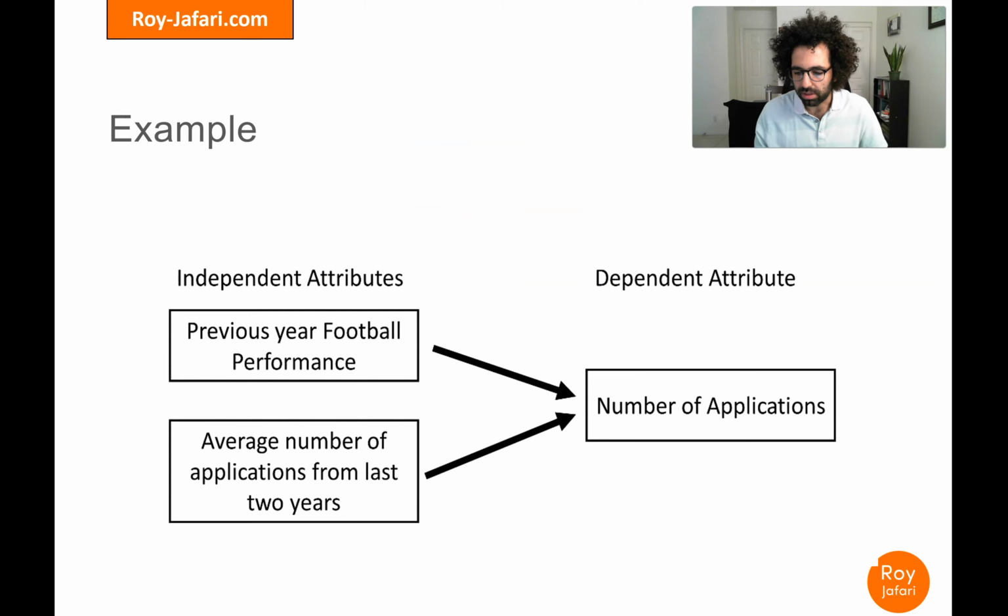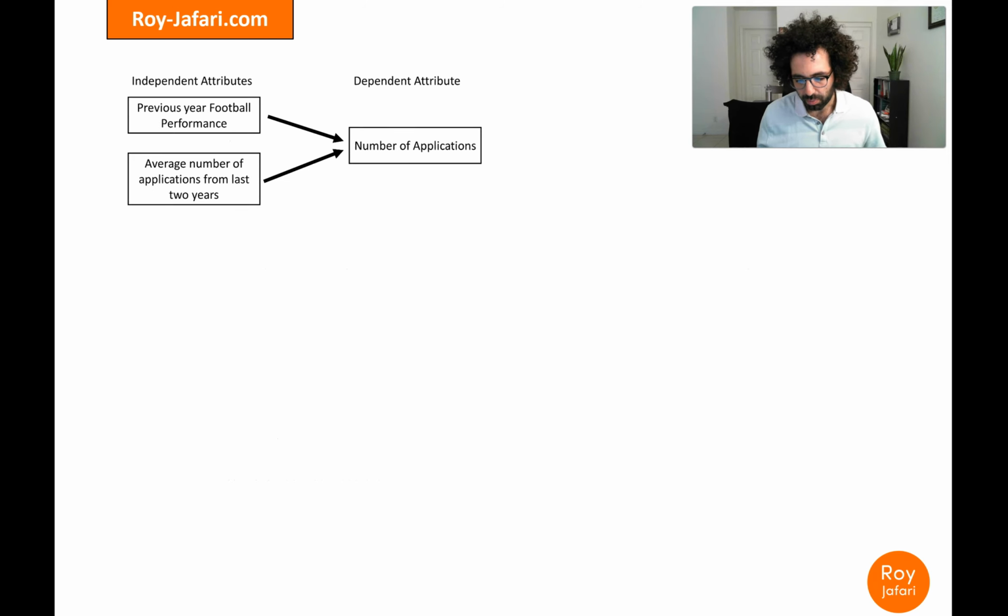If you remember in the example that we discussed prediction, we were trying to predict the number of student applications Mississippi State University receives yearly by looking at the previous year football performance and the average number of applications from the last 2 years. So what we did here, we basically said, okay, this relationship maybe can be captured by a